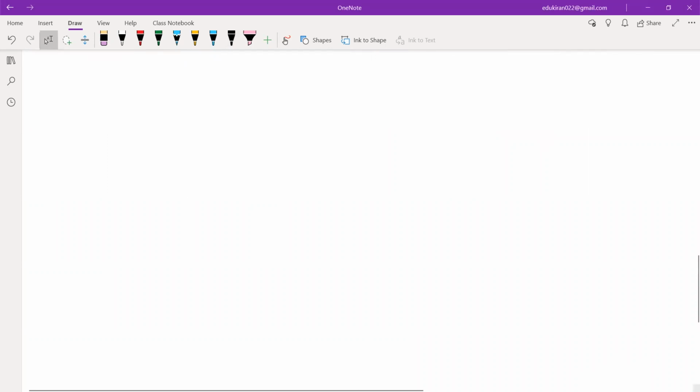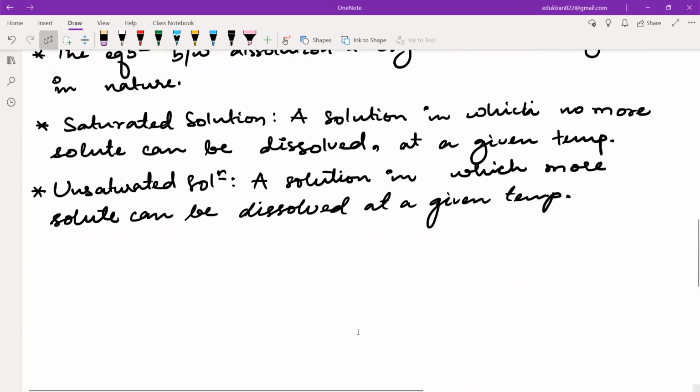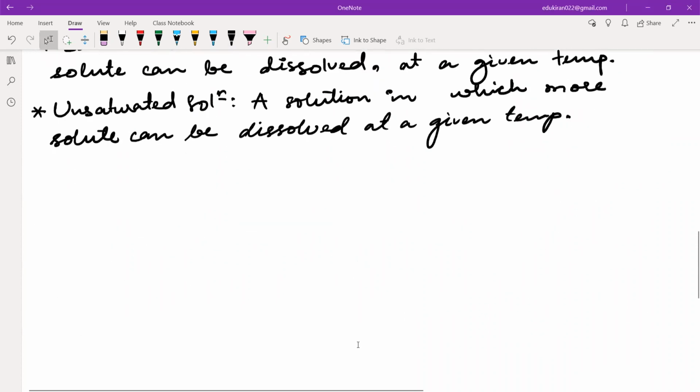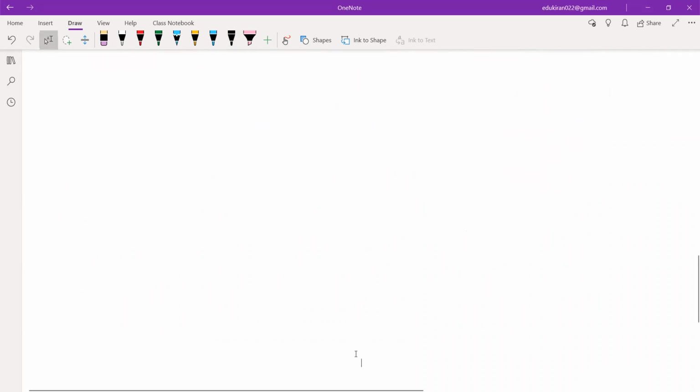Now, listen, all of you. We have learned about solubility, and the definition of solubility, and the processes happening in solubility. Whenever something is getting dissolved, there is also dissolution and crystallization happening. The rate of dissolution and rate of crystallization tells you whether you will see some solid or not. Both of these processes are in dynamic equilibrium.